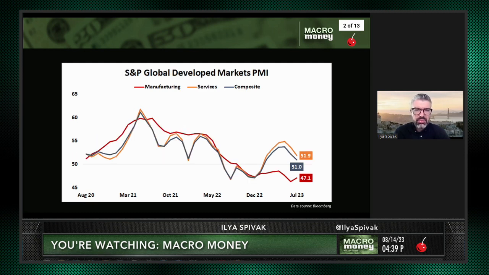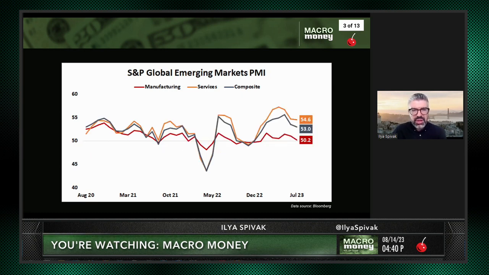Here is an isolated view of developed markets. We can see the very same story here. Manufacturing still in deep decline, and services having crested, decelerating and driving overall growth lower. We see the same thing in emerging markets, though here, manufacturing is idling, not quite shrinking outright, but here also, services have crested. That's pulling down overall growth. So that's the backstory. That's the backdrop for what's occurring.